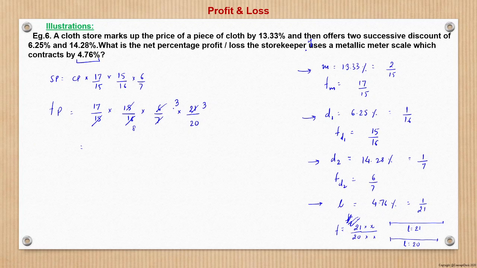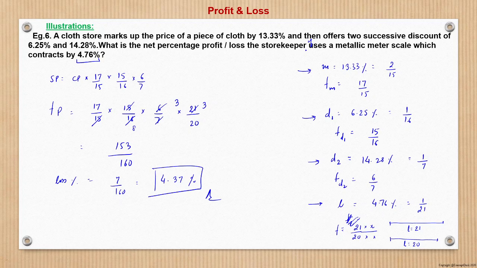So here it's 17/9 into 153/28, which is 153/160. So this is basically a case of a loss. The loss percentage is nothing but 7 by 160, and 7 by 160 is 1 by 16 times 7, we know 1 by 16 is 6.25. 6.25 into 7 is 43.7, further divided by 10, so this becomes 4.37% approximately. We can calculate that, but this will be the approximate loss percentage, and this is the answer.